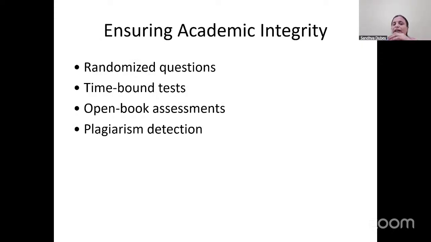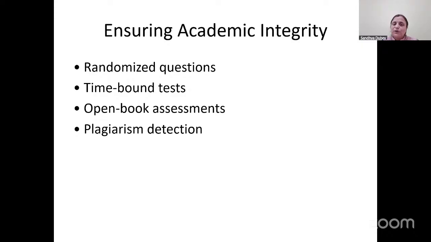So to ensure academic integrity, these are some options or tools you can use. One is to randomize the questions. But again, if there are 60 or 100 plus students, it is difficult to give all 100 students different questions. Even if 10 students have the same question, they will form a group where they put the questions, one or two students will do it, put the solution into the group, and everyone will upload it.